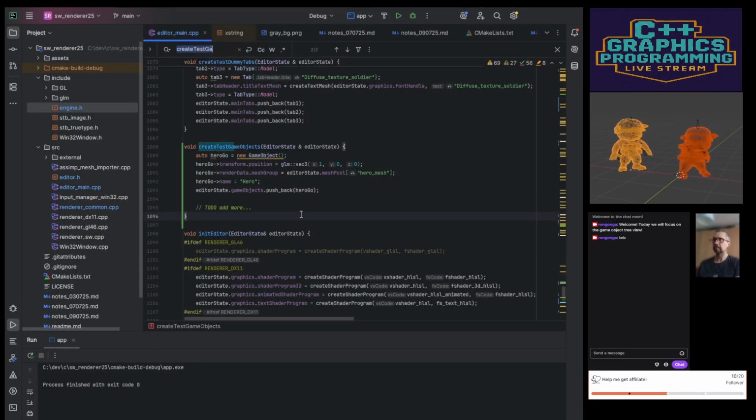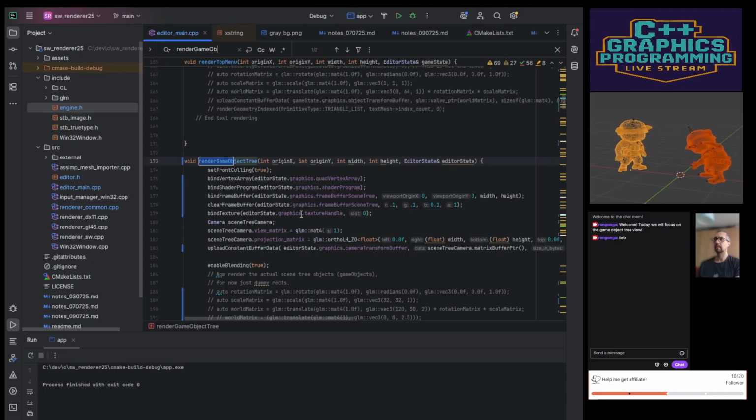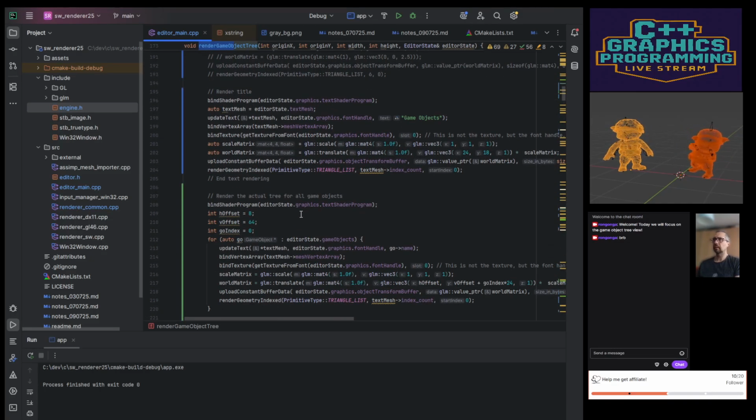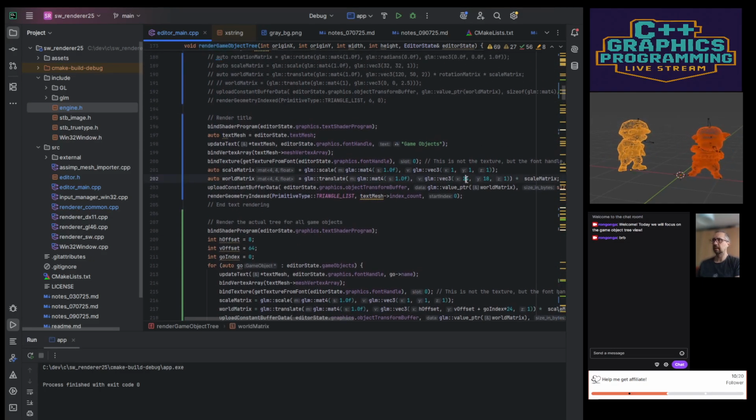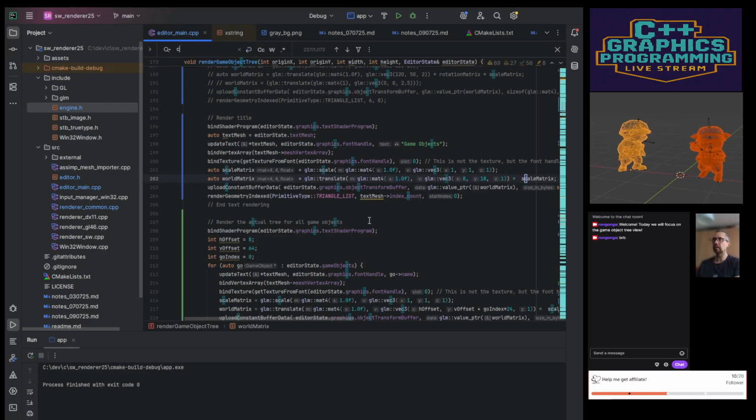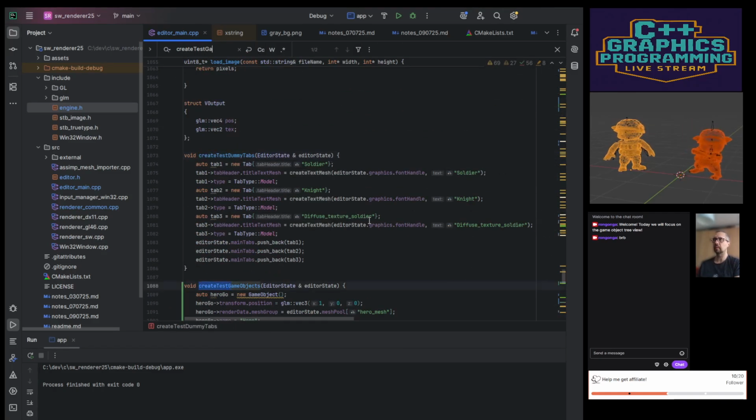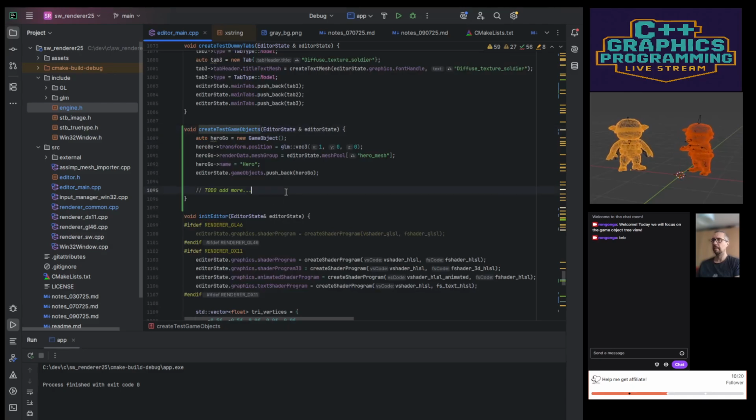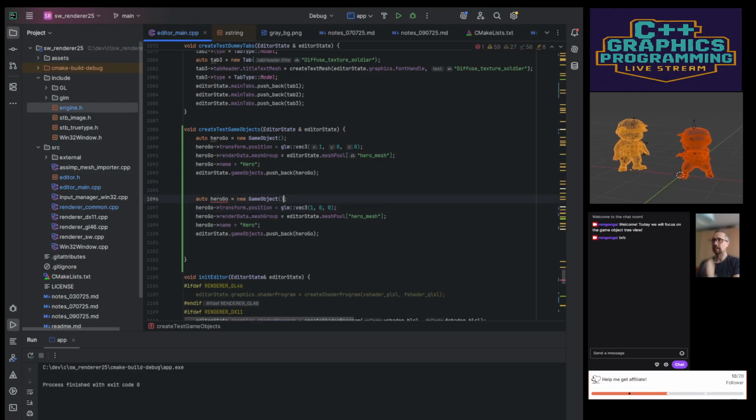I don't like the position of this here, of the title, but that will also move to 8. And now let's create test game object. Let's create a few more. And we will create an enemy 1 go,